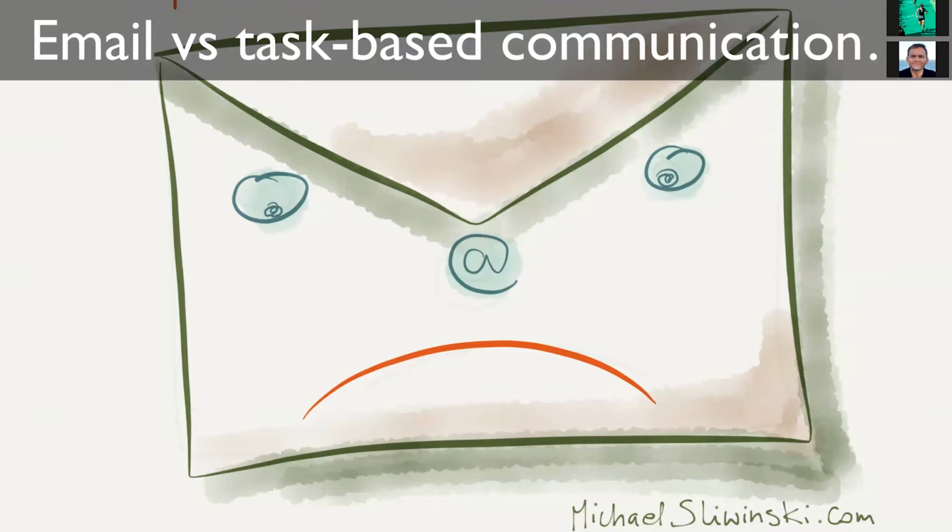I still use email, and Natalia actually is my assistant, and she helps me go through my email. And so I use email, and we all use email to communicate with the rest of the world. But inside the team, we prioritize our communication because we think our communication inside the team is more important than the communication with the outside world. So we want to have it on a different channel, and our different channel is task-based communication. But we'll deal with that later. I just wanted to give you a heads up that I think it's healthier to have a separate email for the rest of the world, and something else, a system that works for you inside your team.